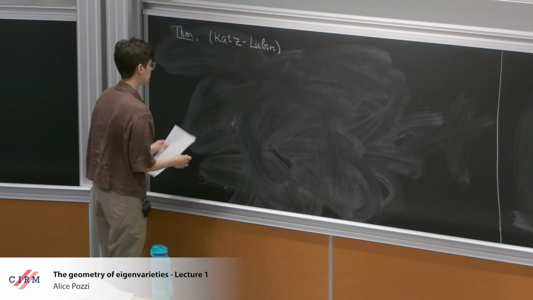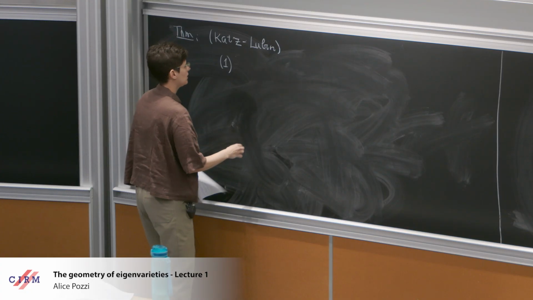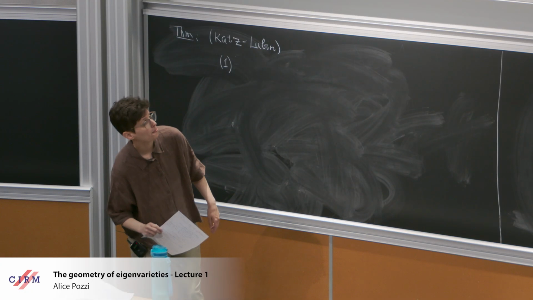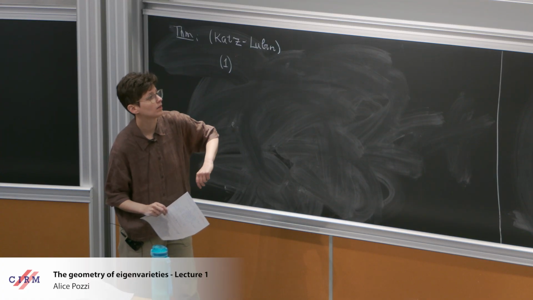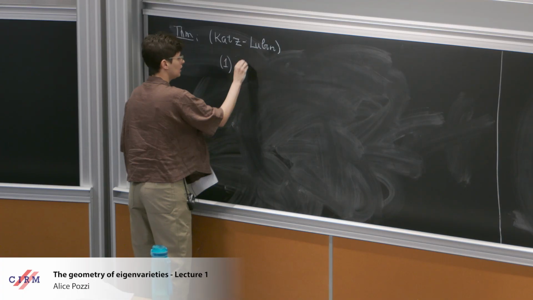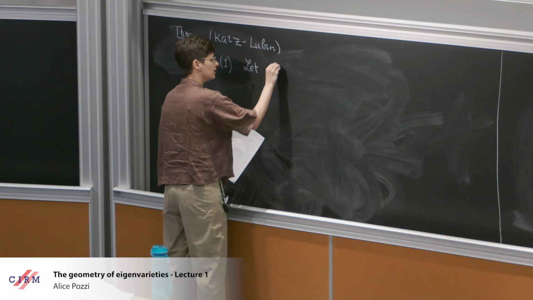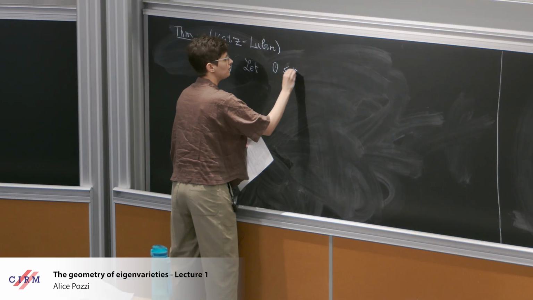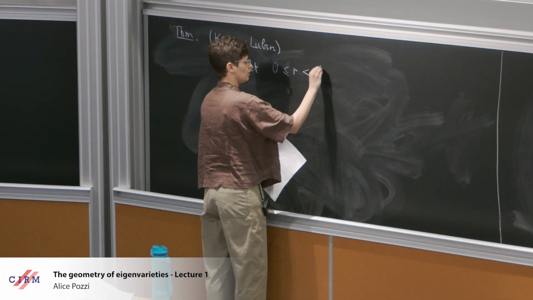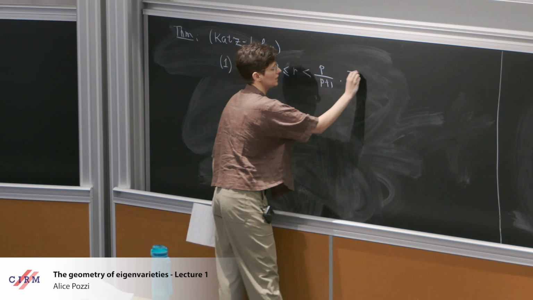In order to do that, we need to declare what choice of subgroup we have in the p torsion. So the theorem is that such a choice can be made. We have to restrict the value of r to be less than p over p plus 1. Then there is a section